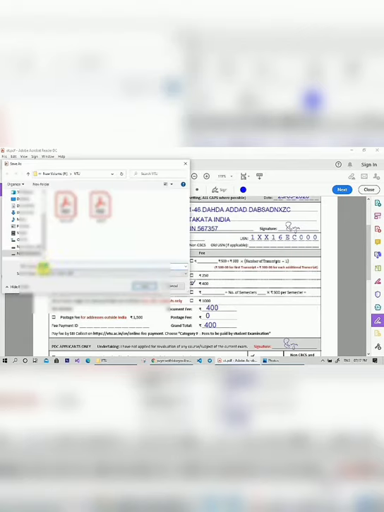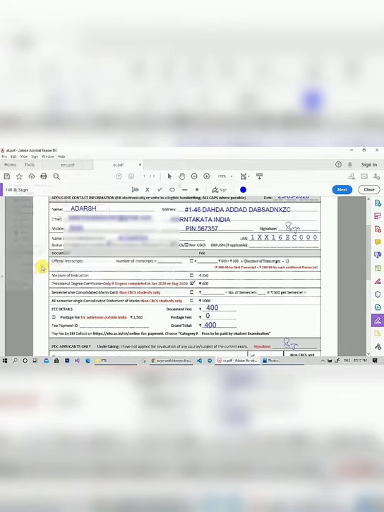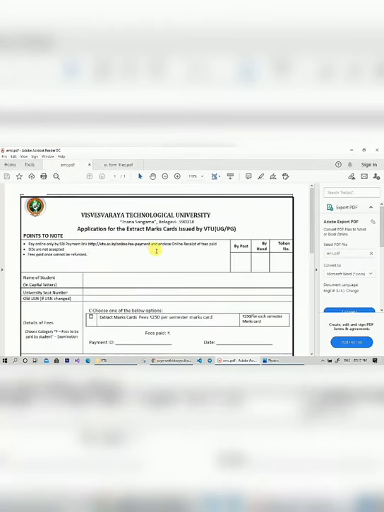After filling it out, save this PDF. This is how you have to fill your provisional degree certificate application. And next I'll show you how to fill extract of mass card application.